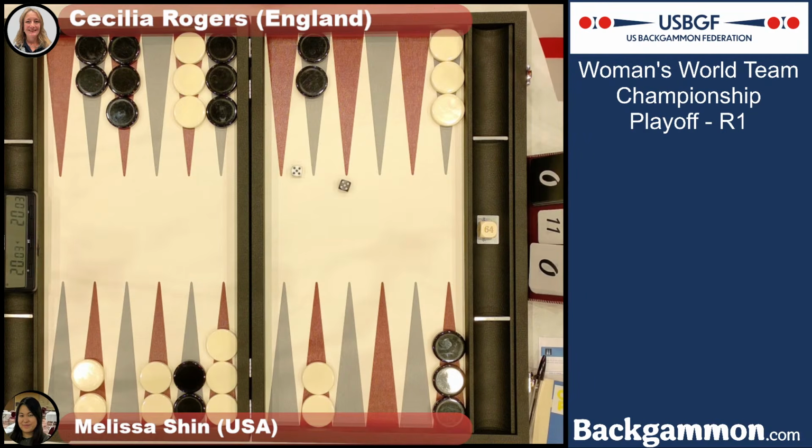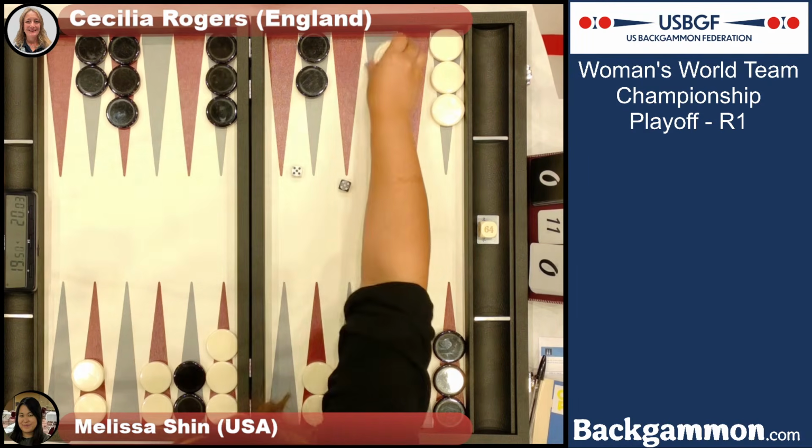Two more names I can't pronounce. This says it's an 11-point match, but shouldn't it be a 13-point match? I don't know. You tell me. That's interesting because